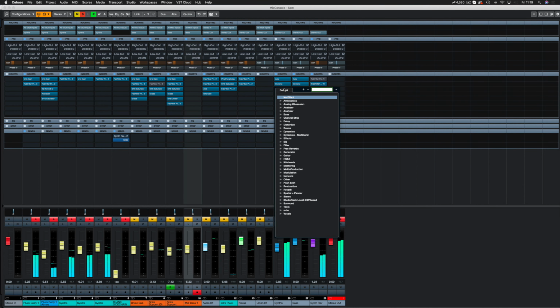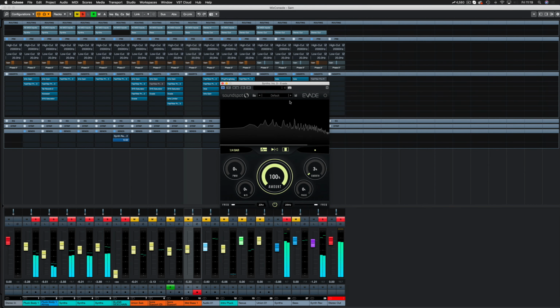The other one is we can use tools that focus on frequencies, one of them being Evade. So if we set this up how we'd like it, which sounds okay there, and I'm going to reverse this section here, and technically it's not done anything yet, and that's because we're not honed in these frequencies. So we had 5.5 kilohertz on the EQ where we wanted to focus in on, so again we can do this,